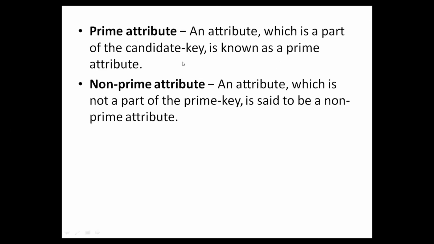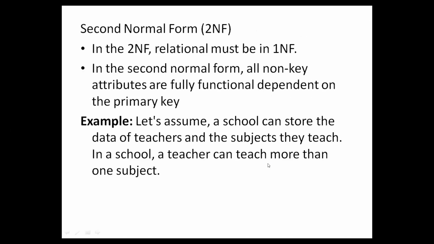An attribute which is part of a candidate key is called a prime attribute. And the one which is not part of a candidate key, you call it a non-prime. And next is your second normal form. Right. For a relation to be in second normal form, the first thing is that it should always be in first normal form. And in the second normal form, you say that all your non-key attributes,